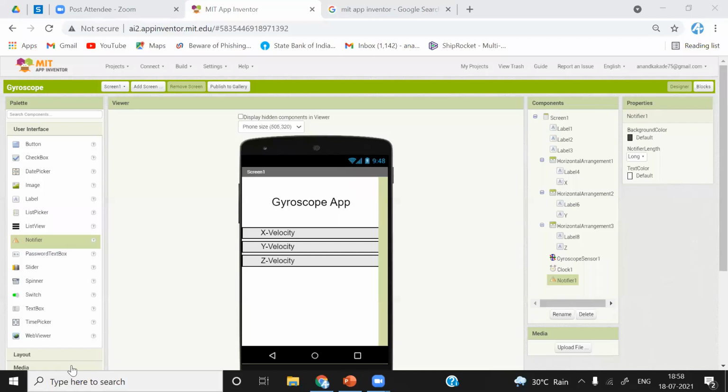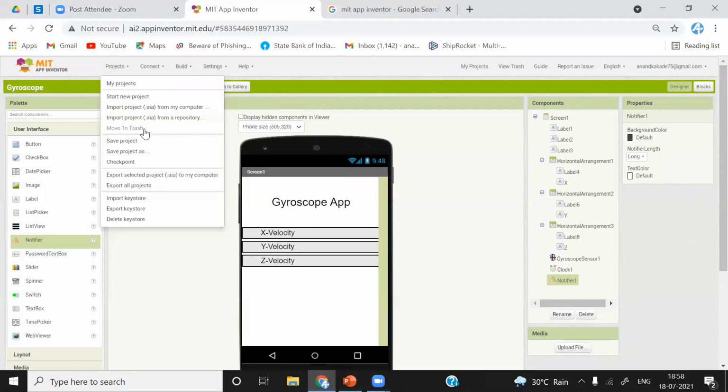You can see the changes with respect to X, Y, Z. I think it is not visible. So what I will do, I will screen record my phone and upload it into resource material or recorded sessions. And also I will upload the same AI file also, so you can also perform by yourself and check it. What I will do, I will just try to join this meeting and share the screen.